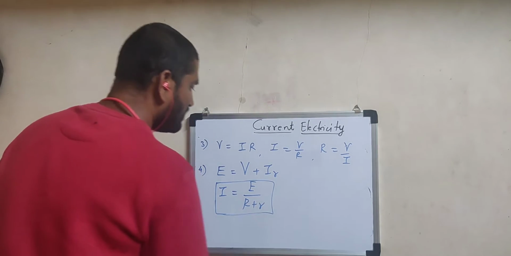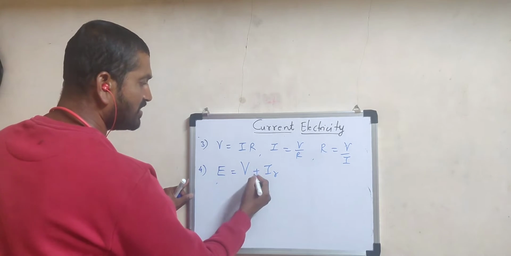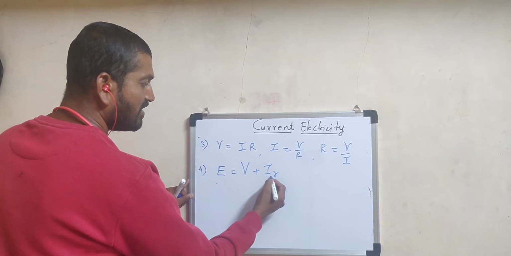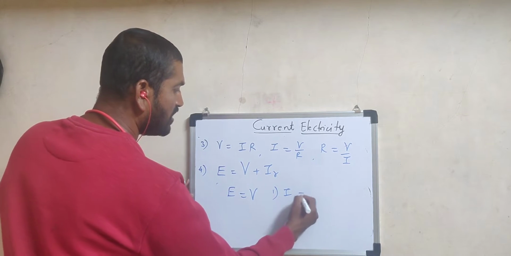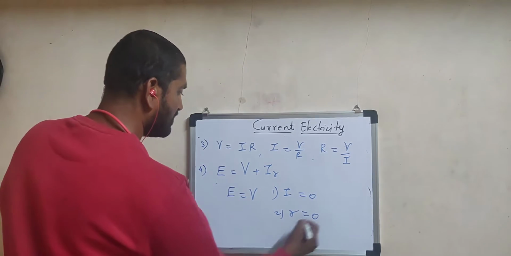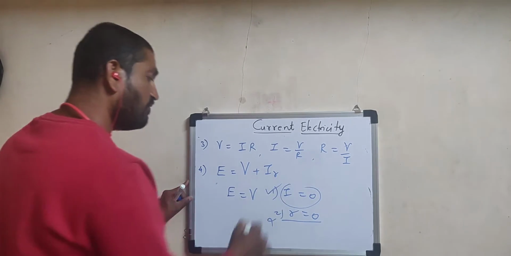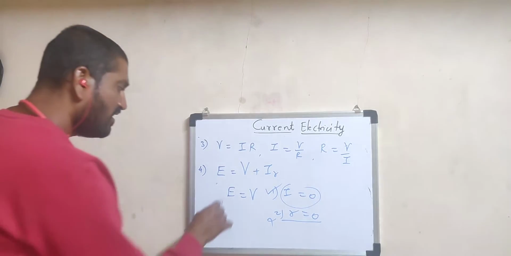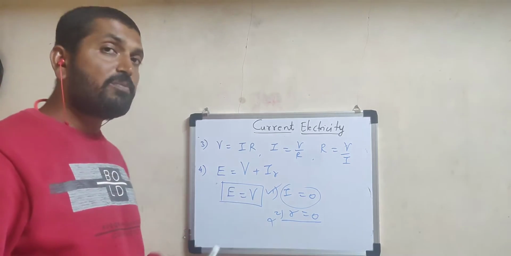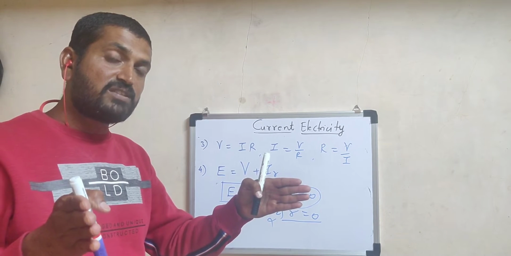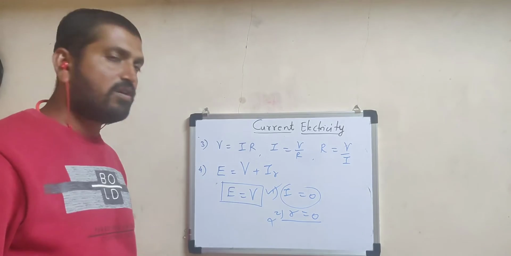Now here, one of the important points to be noted. In this equation, E is equal to capital V plus Ir. E will be equal to V when, case number 1, current is 0, or otherwise internal resistance is 0. Internal resistance 0 is never possible, but current may be 0. This is possible when the circuit is open, and that helps us to define the EMF of a cell. The EMF of a given cell or battery is nothing but the terminal potential difference between two terminals when it is open circuit. So while solving problems, this is a very important point to be noted.